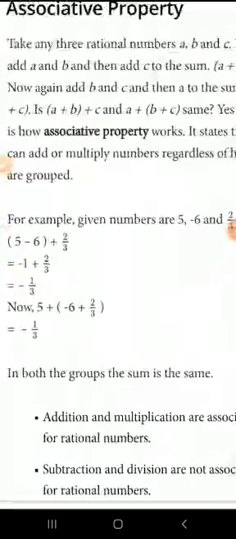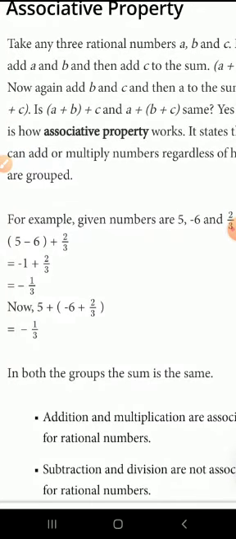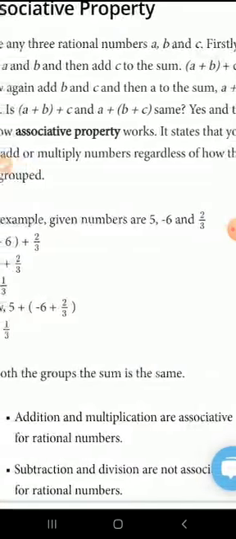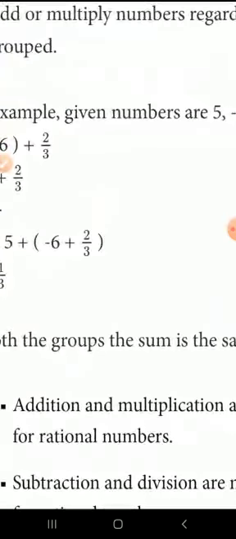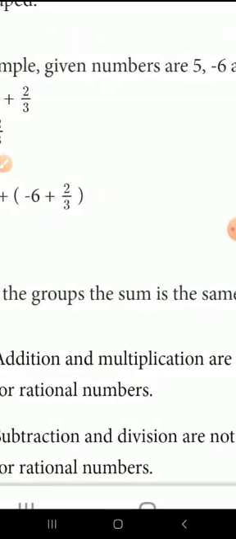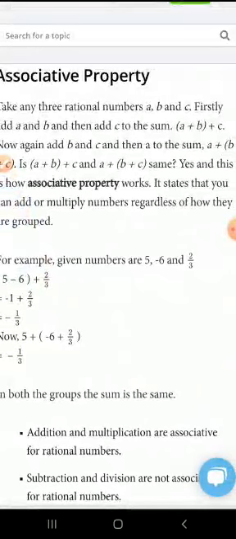So here we are not going to take it in detail for subtraction, multiplication and division. You can try it out on your own. Take any three rational numbers, and check whether the associative property holds true for subtraction, multiplication and division. This task you do. And what we will find is that addition and multiplication are associative for rational numbers, means addition and multiplication for three rational numbers can be done in any order, but subtraction and division are not associative for rational numbers. So the first, addition, I have shown to you. Multiplication, division and subtraction, you take any three rational numbers and work out on it.